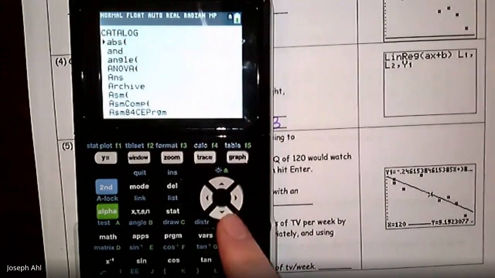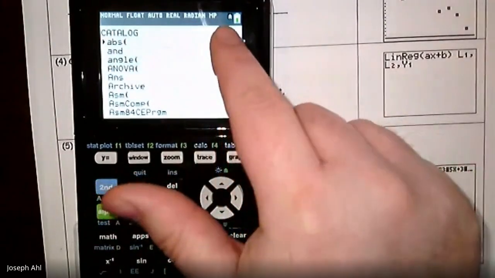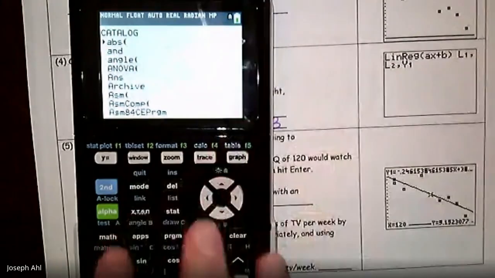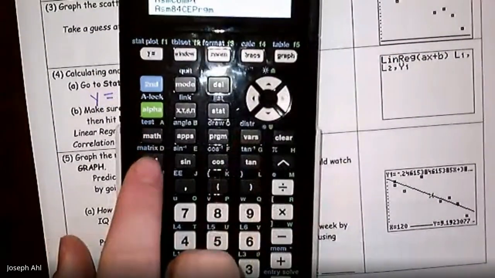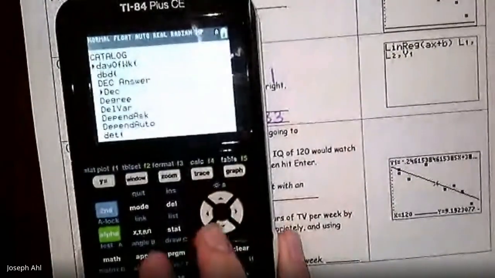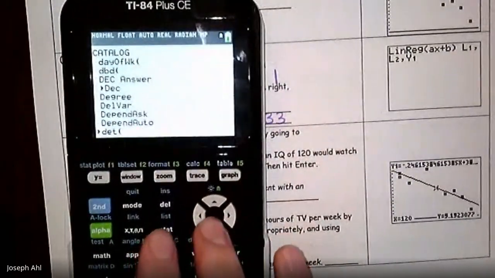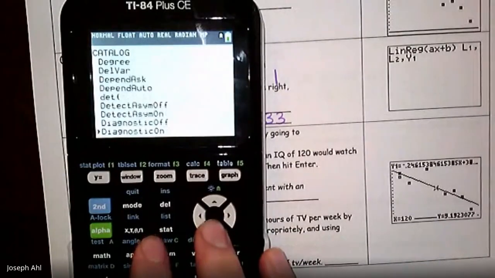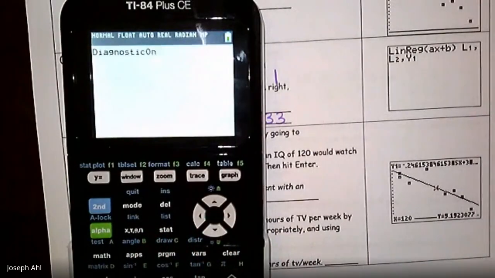notice that Alpha Lock is selected right now, so that means you can start typing in letters. The letter that corresponds with D is right here, right? See the green D? So if I hit that, it's going to jump down to the letter D in the catalog, and then if you scroll down, you want to find diagnostic on, hit enter, and then hit enter again,